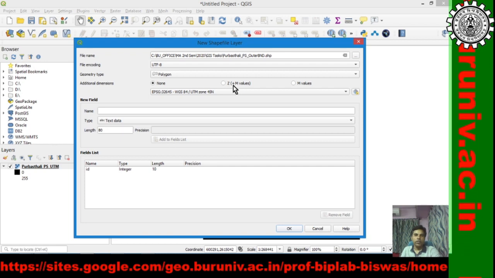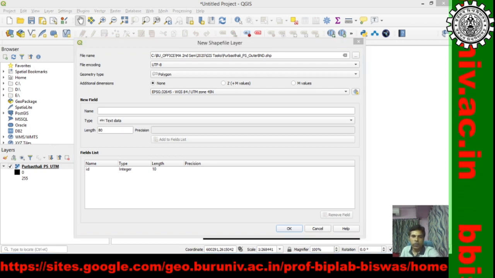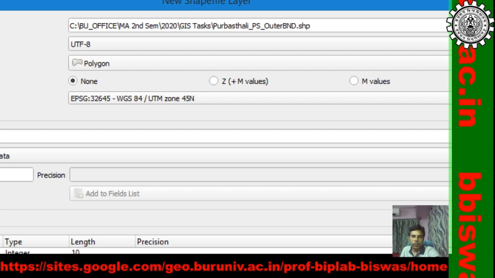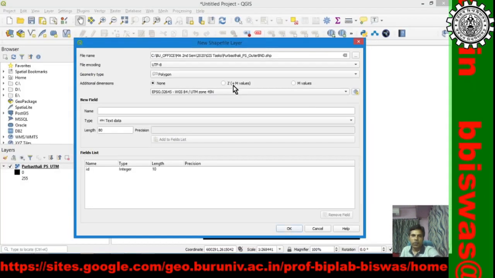OK. So this Z is height. When you create any shapefile having Z or height information, that is a contour, we should click on this Z value, otherwise leave it. And creation of new field. OK, we can create JL number, because villages are known by JL number. JL number, the data type is whole number.